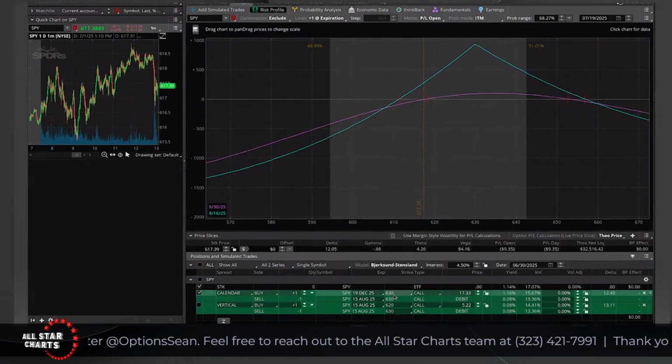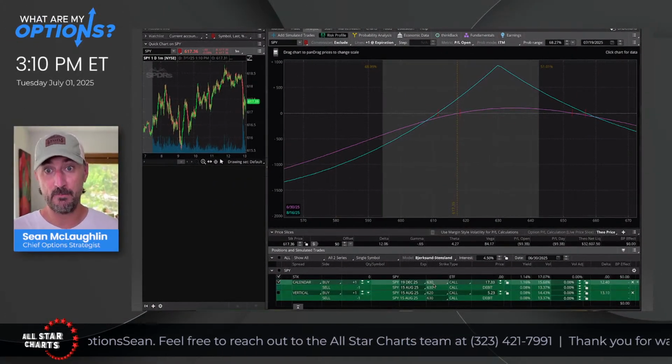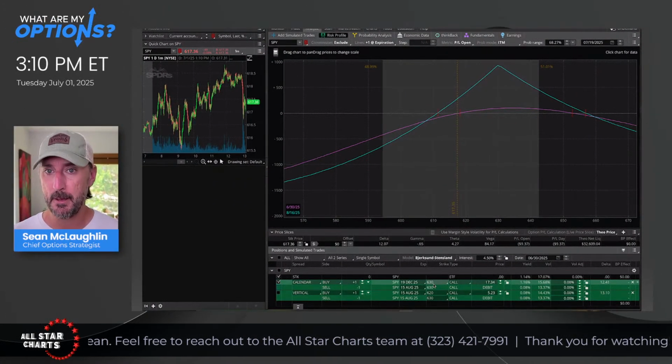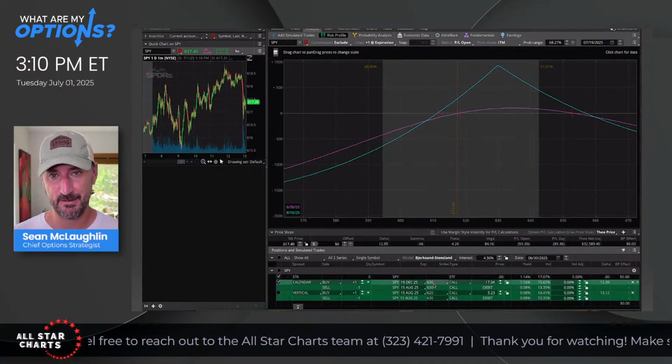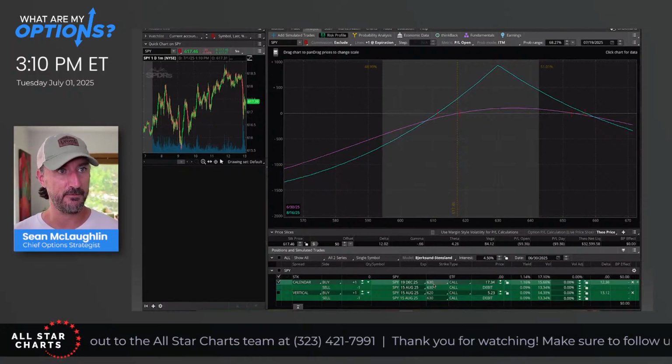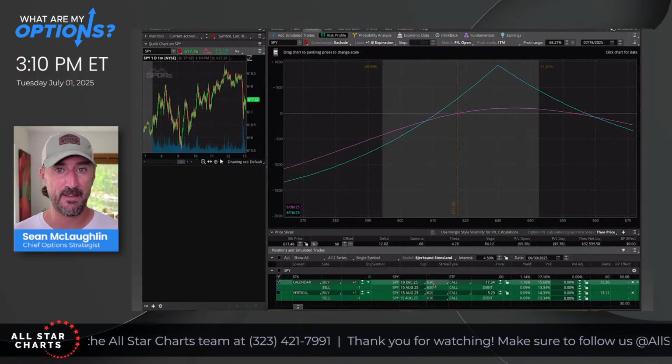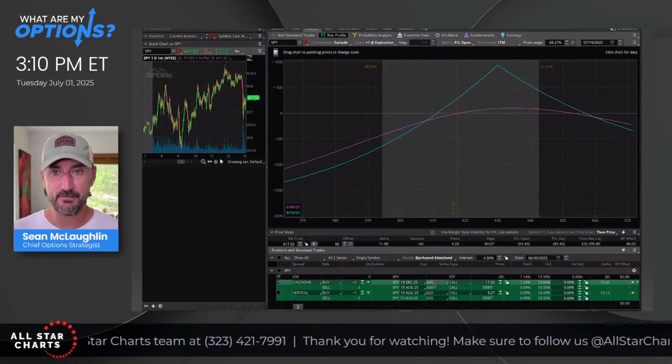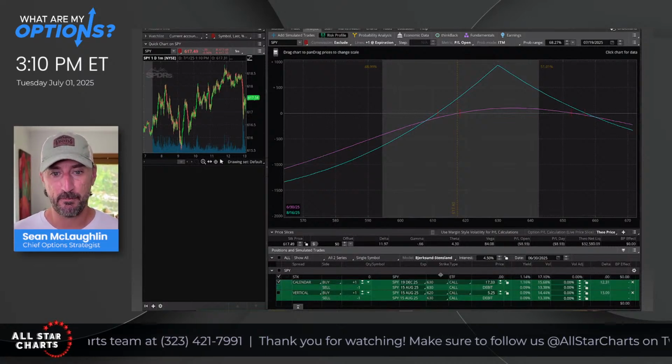These are the calls that have 6 months to expiration. I want to be in that trade, okay? But I don't want to pay full price for those December calls. Those December calls are expensive right now, right? Maybe I don't want to risk that much. Maybe I don't have that large of an account. Whatever the reason is, whatever the full price, let's pull it out.